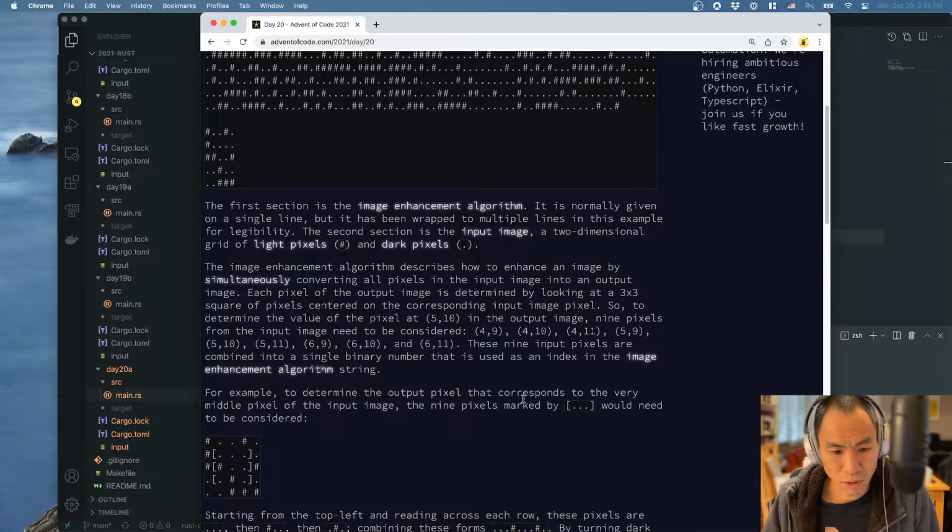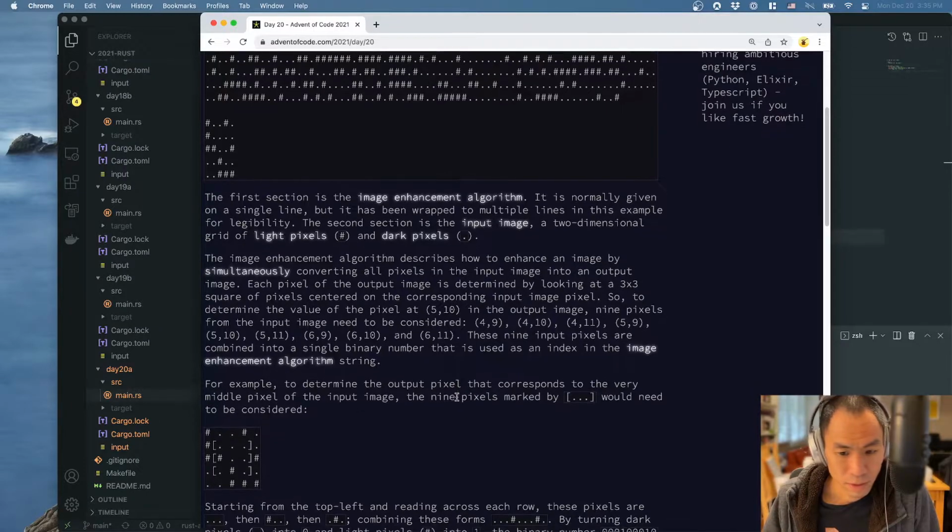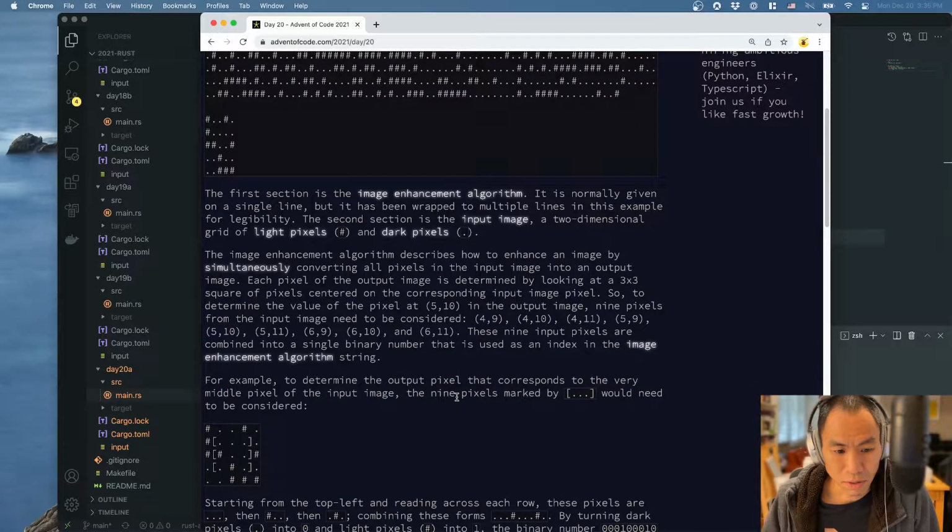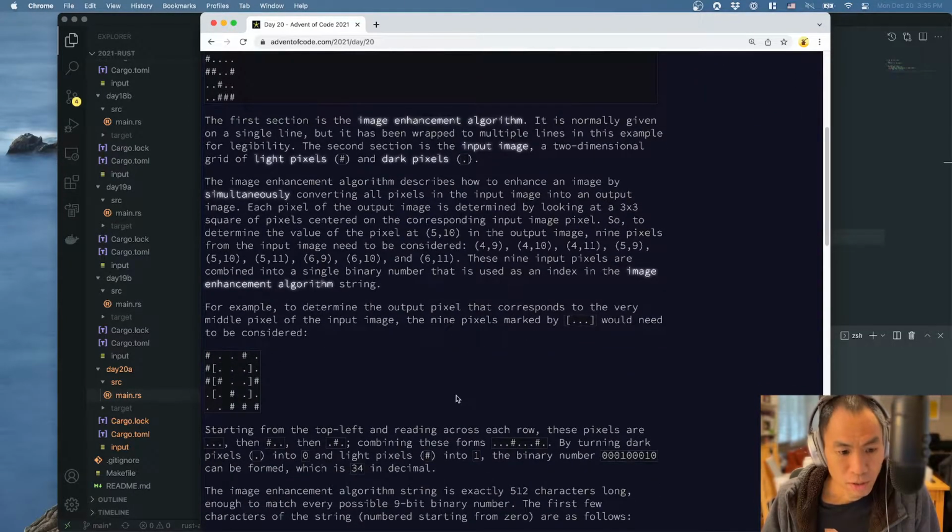So, to determine the value of the pixel at 5,10 in the output image, 9 pixels from the input image need to be considered: 4,9, 4,10, 4,11, 5,9, 5,10, 5,11, 6,9, 6,10, and 6,11. These 9 pixels are combined into a single binary number that is used as an index in the image enhancement algorithm string. For example, to determine the output pixel that corresponds to the very middle of the input image, the 9 pixels marked by square brackets